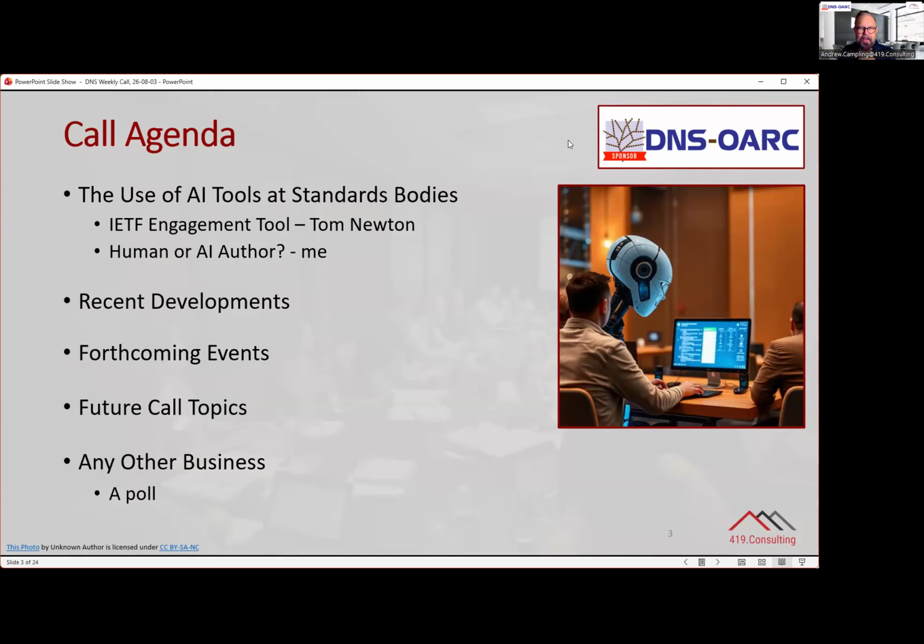In terms of context for this discussion, this was prompted, at least in part, by a very interesting series of presentations during IETF 126 in Vienna a week or so ago. One session in particular touched on the use of AI tools. It was the RASP research group. And I thought the presentations were really interesting, and they surfaced some potentially conflicting points.